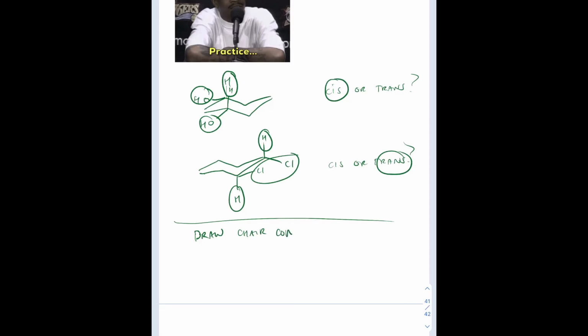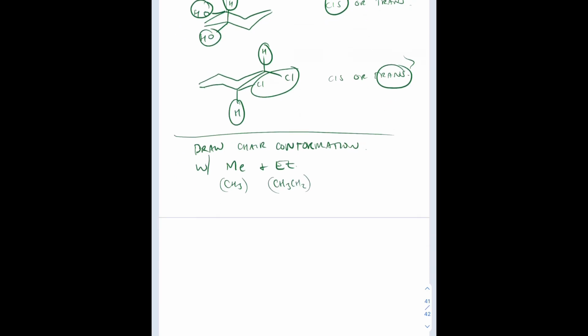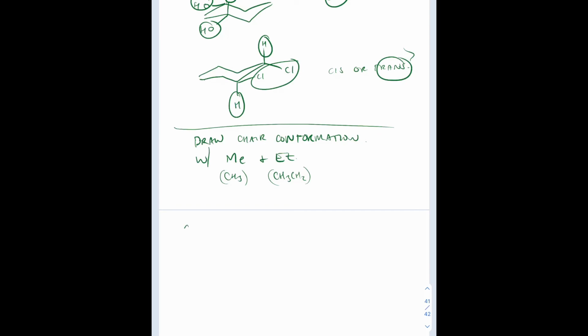Draw the chair conformation with one methyl group and then one CH3CH2 group. So one methyl group and then one ethyl group. Okay, so this would be a CH3, CH3CH2. Okay, so remember we can abbreviate those. But let's see, let's say we had a